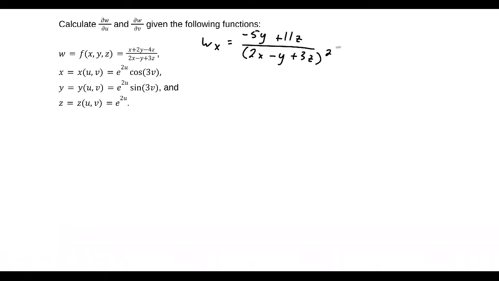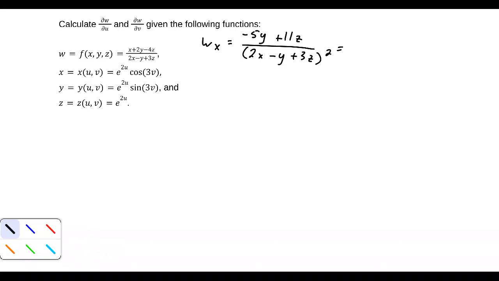So w sub x, which is the partial of w with respect to x, I'll often say this as wx. Using our quotient rule, that is equal to a numerator of -5y + 11z with a denominator of (2x - y + 3z) squared. Now, knowing the values of x, y, and z, they are functions, we see that this is going to be equal to